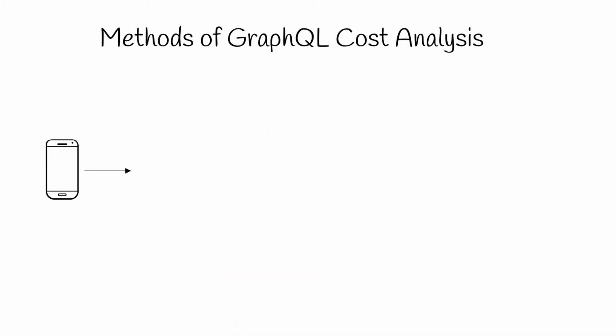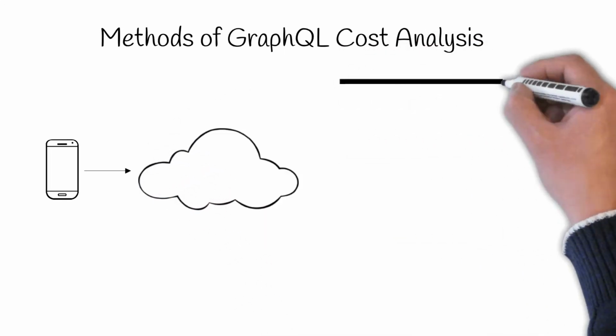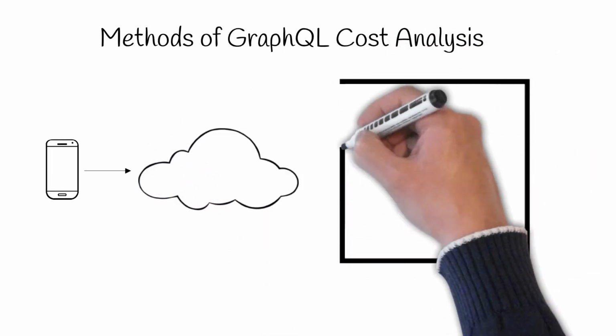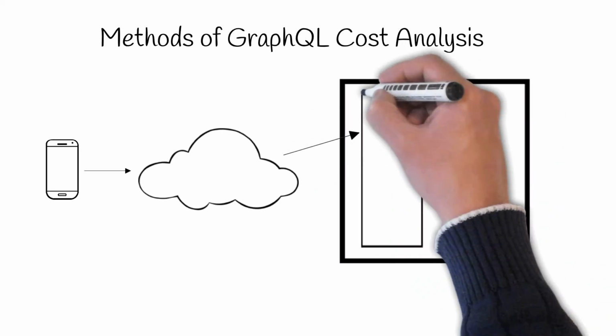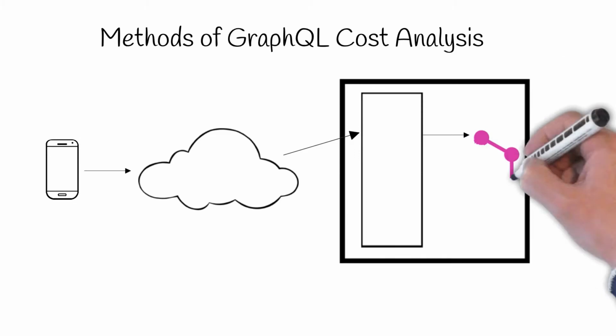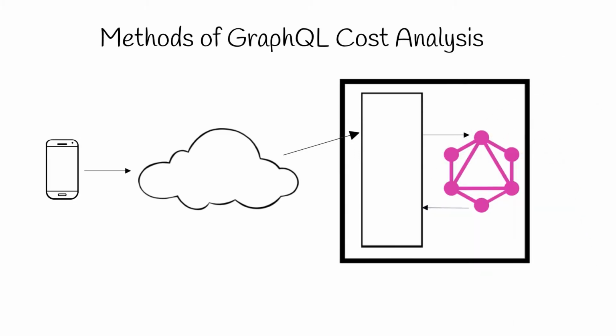a GraphQL query over the network. The query might go through a proxy such as Akamai or an API management system on its way to the backend server. The server in turn runs some GraphQL middleware and then a GraphQL execution engine before the middleware returns the JSON response. This response returns through the proxy and back to the client software.